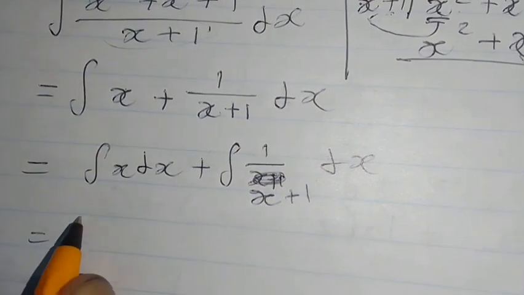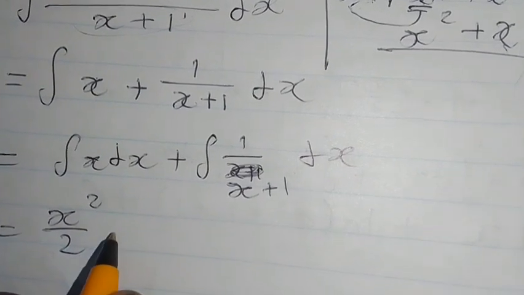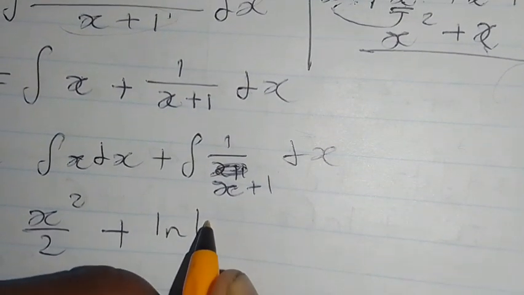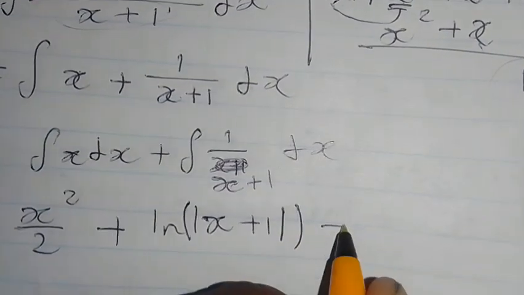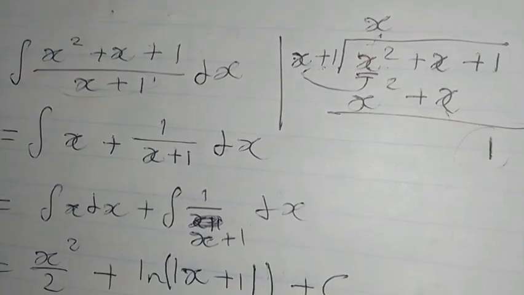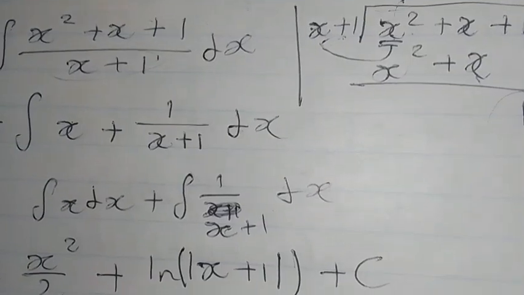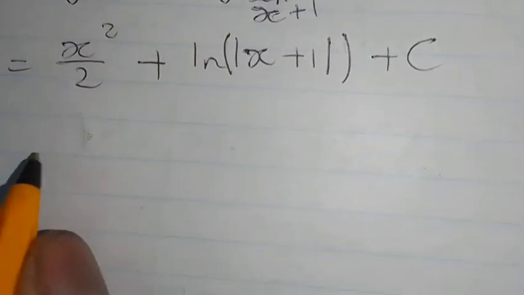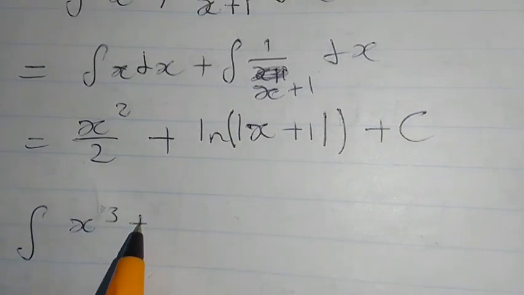So now this means that you're just going to have to integrate this. You can do it directly, which will just be x squared over 2 plus the integral of this. You can use substitution, then you just have ln of the absolute value of x plus 1. Then you add a constant, then you're done. It's basically this simple really. So you can basically integrate almost all polynomials. You can just integrate that out using long division to simplify it,